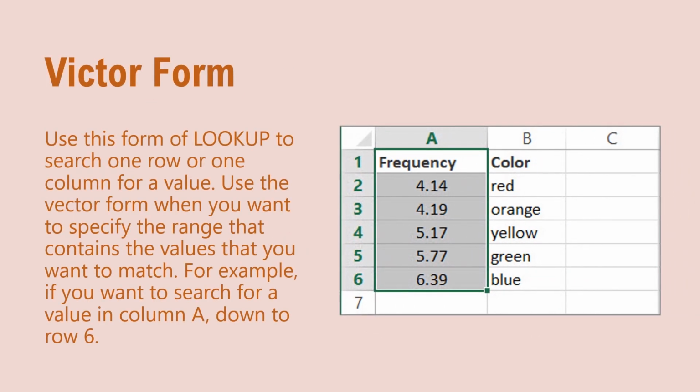So, vector form. Use this form of LOOKUP to search one row or one column for a value. Use the vector form when you want to specify the range that contains the values that you want to match. For example, if you want to search for a value in column A down to row 6,